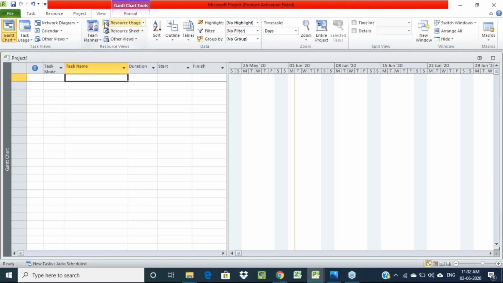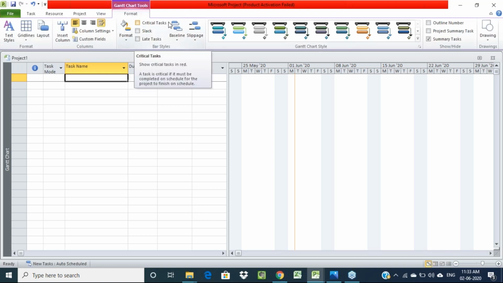So for all those, we are going to use this view option for viewing all these options. Whatever options we have available here, we can use on the view menu bar. Then formats. When you come to the format, what are the different types of linking activities you are going to get?